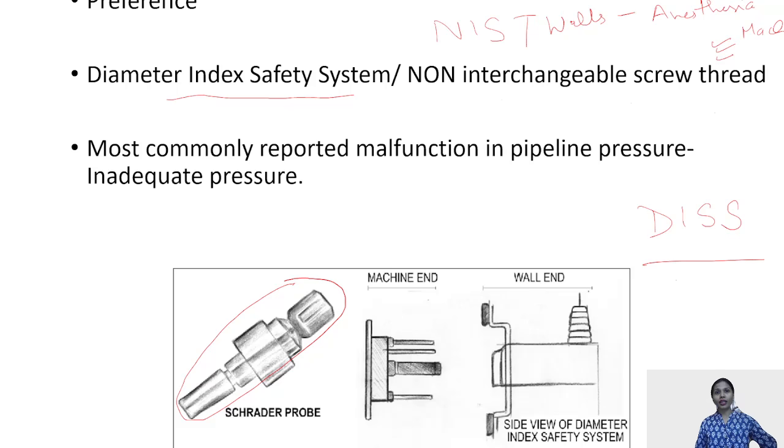One, it's a pipeline, right? It will have an input, it will have an output. So where it is getting the input from the central supply, even there this safety mechanism is present, which will prevent the interchangeability of the pipelines. And similarly, this is also present on the anesthesia machine. And the part of the pipeline which is attached is the part which is known as the Schrader probe. Schrader probe, please don't confuse it with the DISS system. Schrader probe per se is not the DISS system.